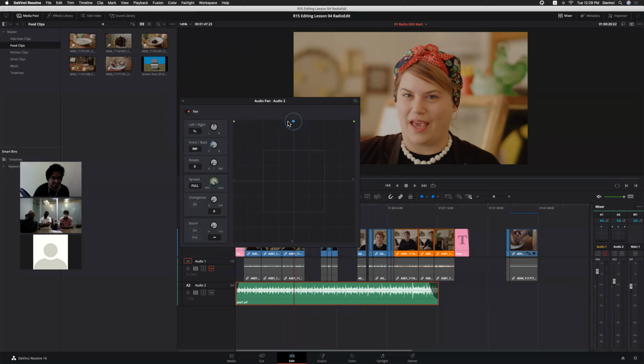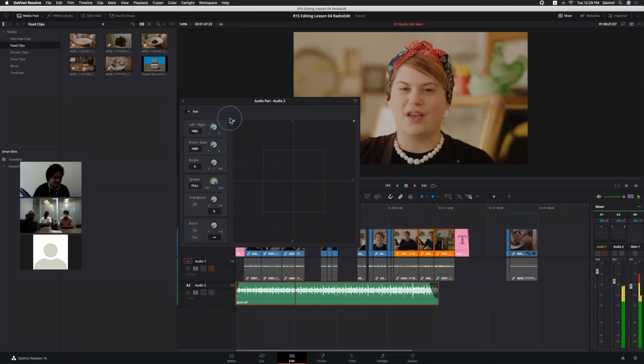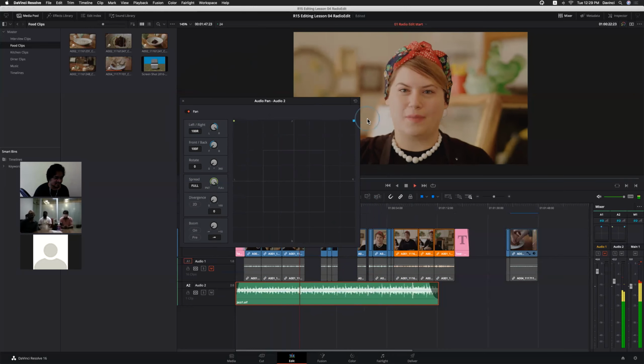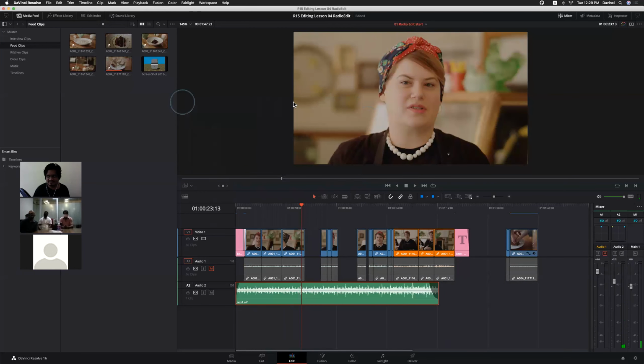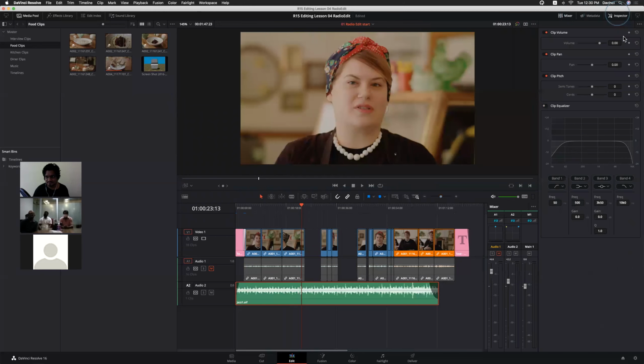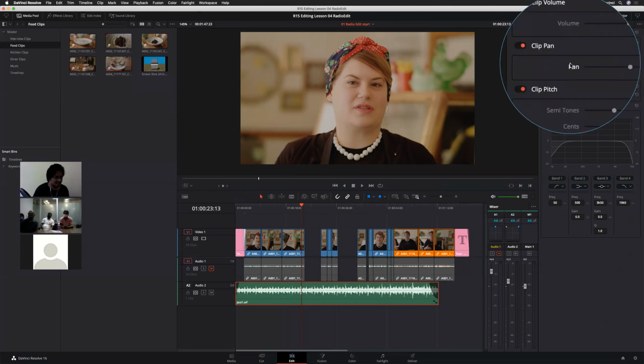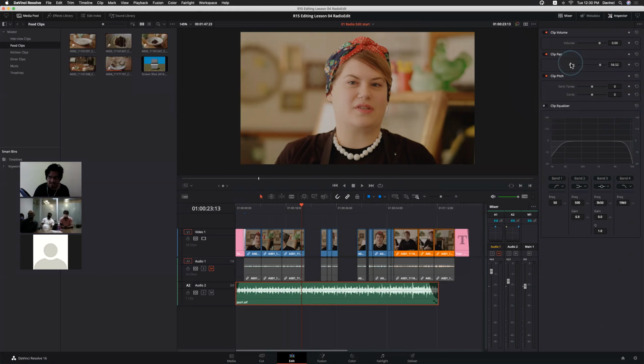Now for this clip, if I move it to the left, I am hearing everything from the left channel. Okay, and if I move it right, I am hearing everything from the right one. It's the same thing with the inspector window also. The panning, and even we can animate from left to right, right to left. We can animate by using the clip pan also, right? Maybe in a later session we'll see it with multiple tracks.